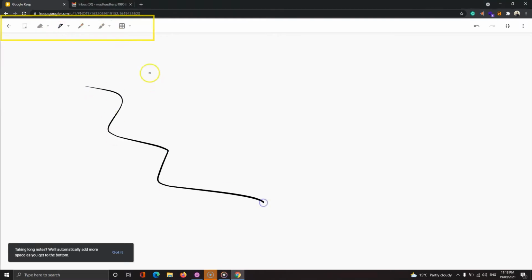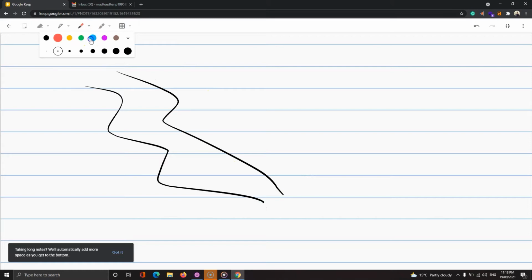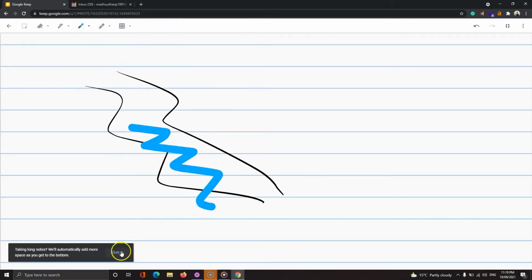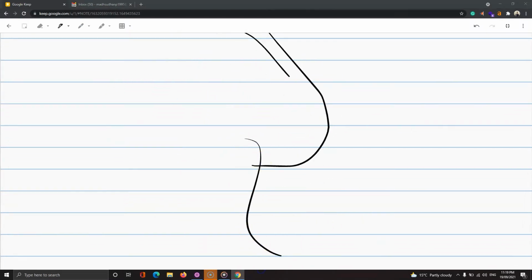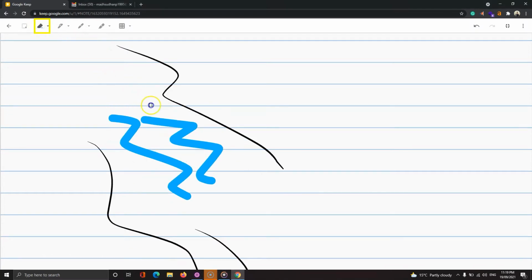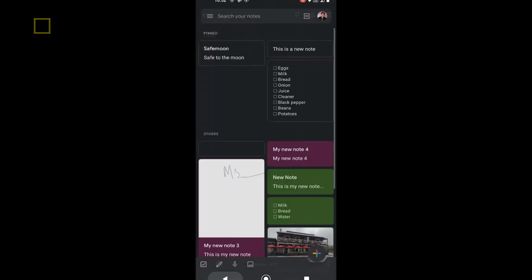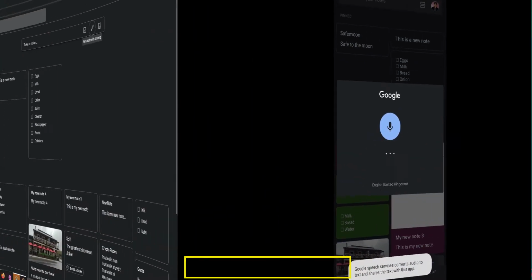The drawing section opens up a big white screen. You have a few options such as different pencils, pens, highlighters, selection, and a few grids. Most of those tools come with an icon to open subtools. As you draw, the app automatically adds more space to the bottom. Also, when you finish playing with it, you can tap on this eraser icon to erase the unnecessary drawings. You also have the take image and record audio options on the mobile application.